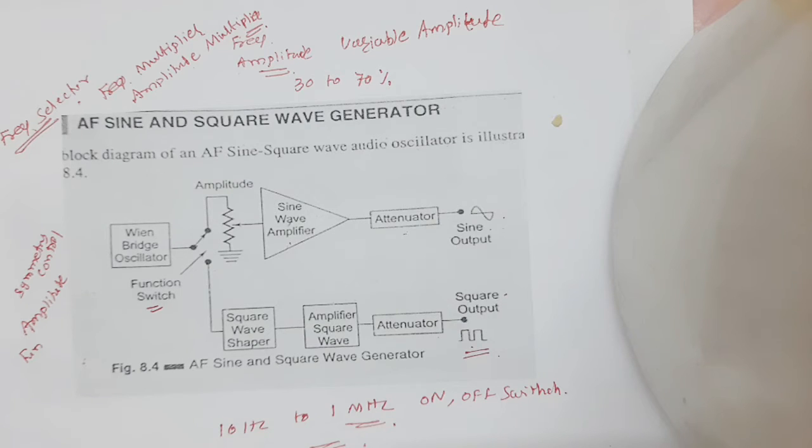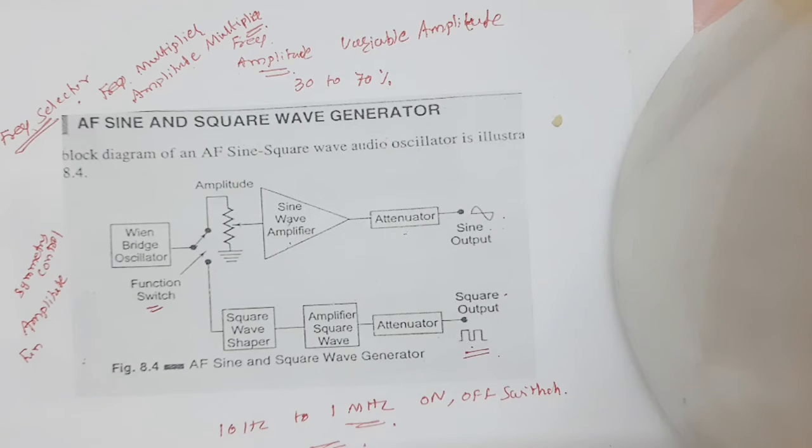I just repeat, a function generator produces different waveforms of adjustable frequency. The common output waveforms are sine wave, square wave, triangular wave and sawtooth wave. These are the different outputs of the function generator. The frequency may be adjusted from a fraction of a hertz to several hundred kilohertz. That means in the function generator we can select different values of frequency from low level to higher level.